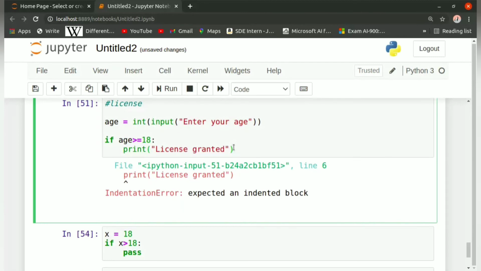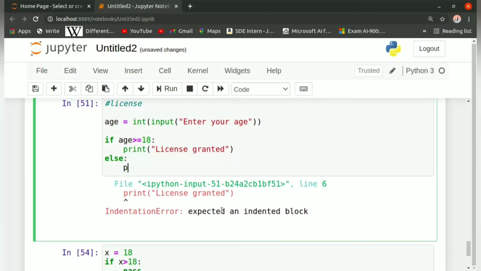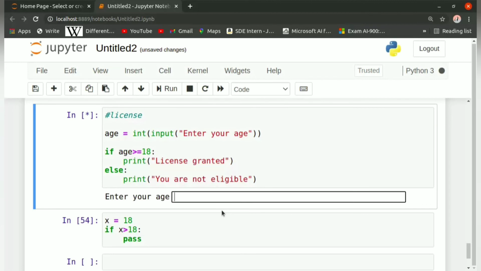To start the else statement you simply write else, but here you have to keep in mind that you don't have to continue with the indentation of the if block. Just after the if block completes, start with a new line, and at the same indent where the if starts, you have to start writing else, then put a colon, and after that write a statement. In our case we'll write print "you are not eligible". Here we need not specify any condition after the else statement, and we can simply use it as a word. Now let us run this program.